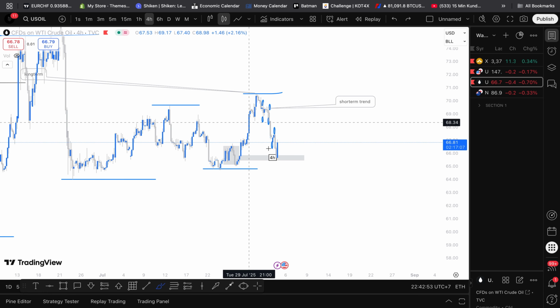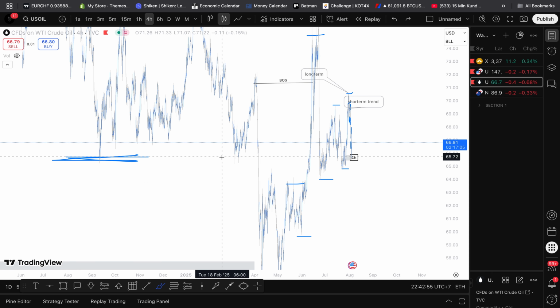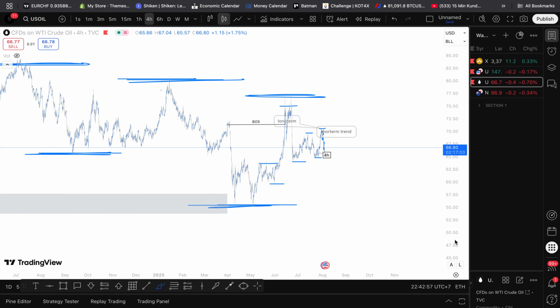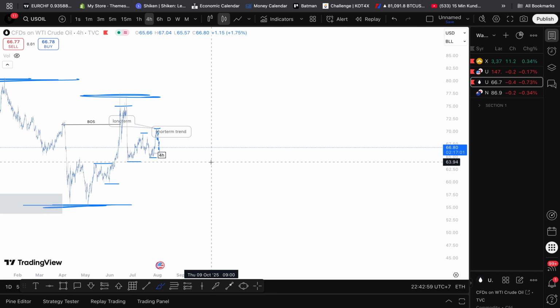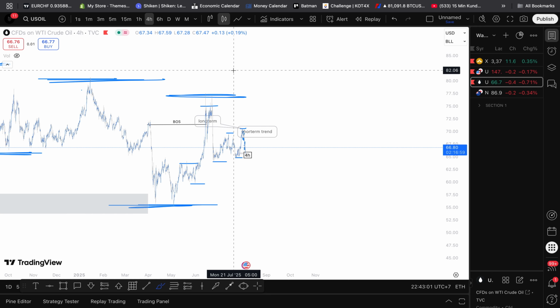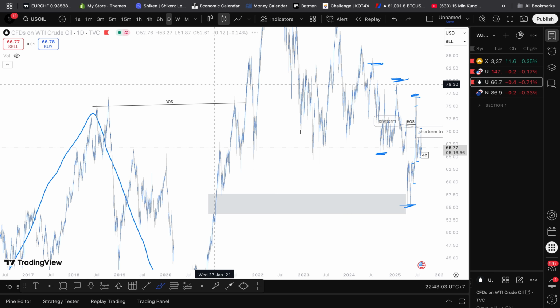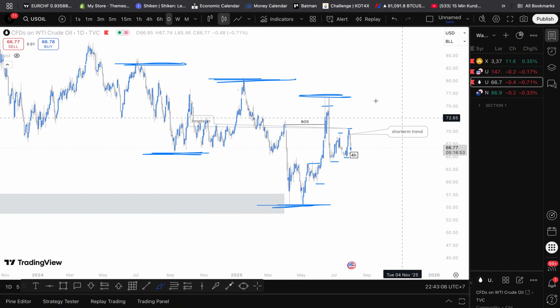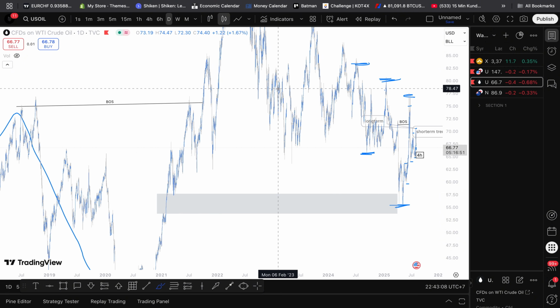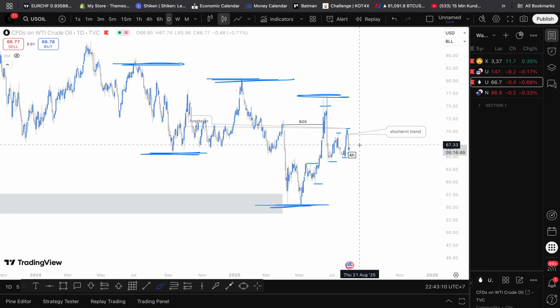So the first step I want to do is zoom all the way out, and obviously it looks like the trend is ascending on the 4 hour. The reason it looks like it's ascending from the past is because I actually marked up structure on the daily chart, which I normally don't do, but sometimes I do to understand a long-term giant picture of what's happening,